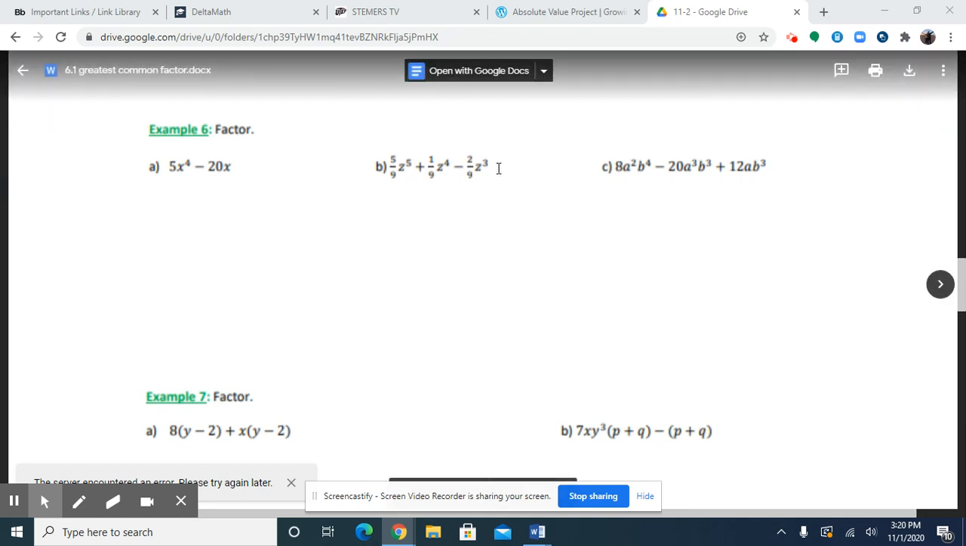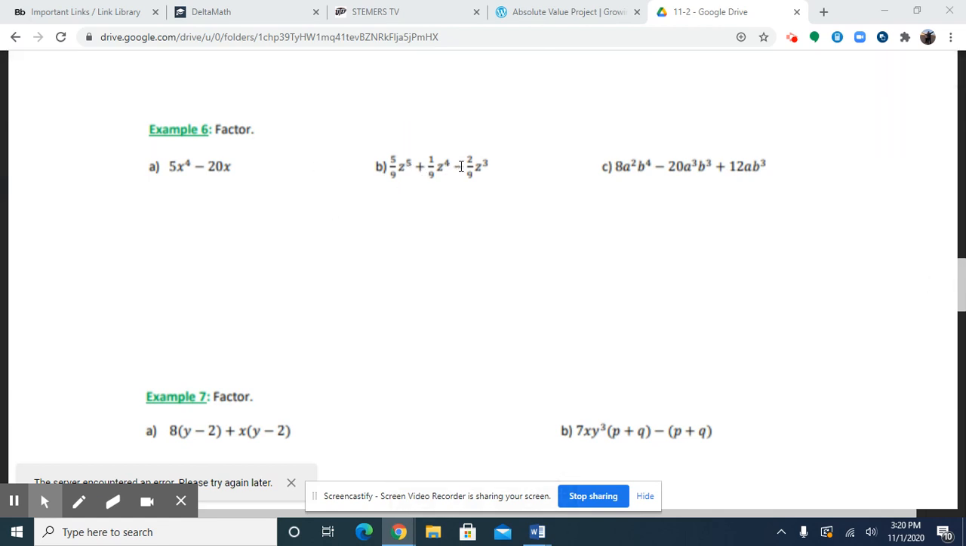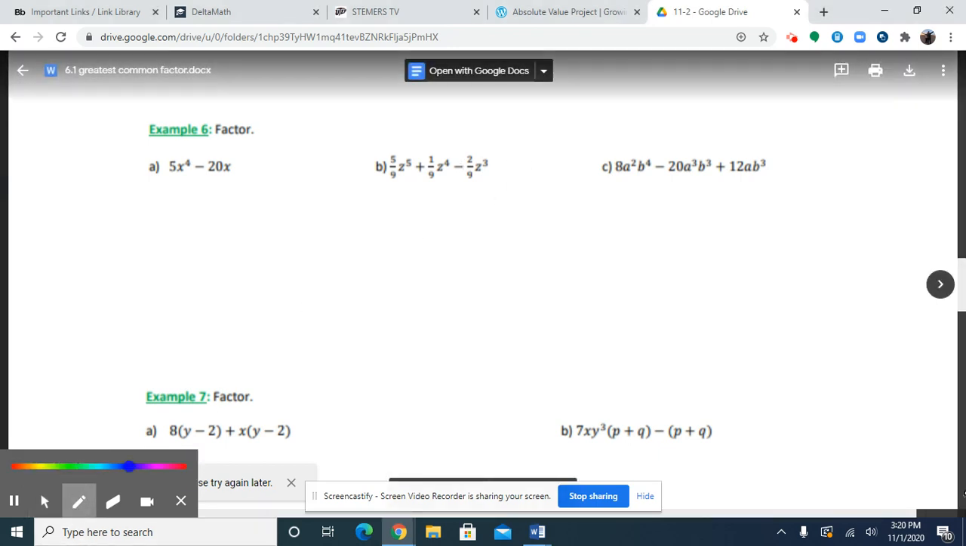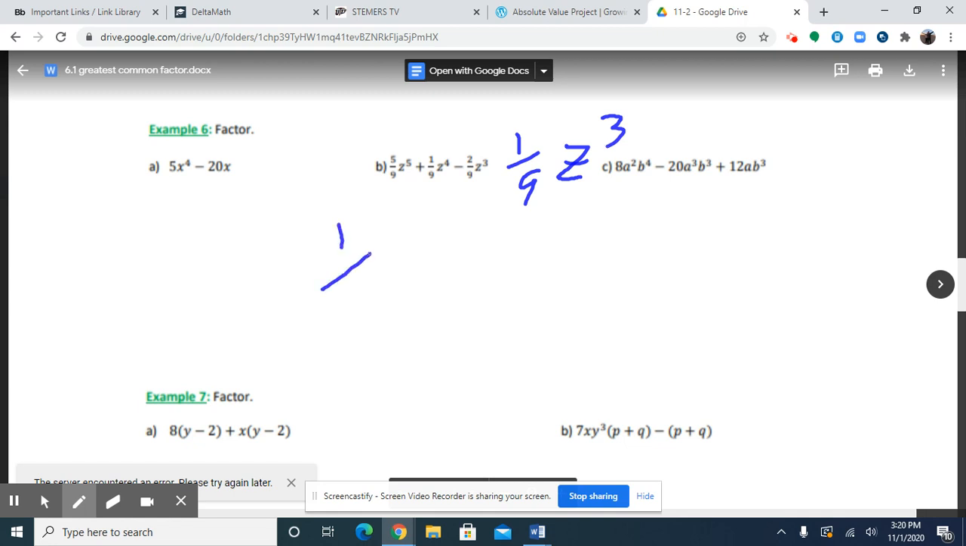The common factor here would actually be 1 over 9. Because if you see, all of these are fractions that have 9 in the denominator. So we can actually say that the common factor would be 1 over 9. And then we're going to take the z with the lowest exponent, in this case, z to the third power. Now, if we were to factor that out,